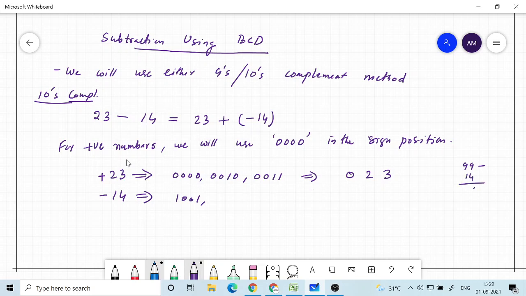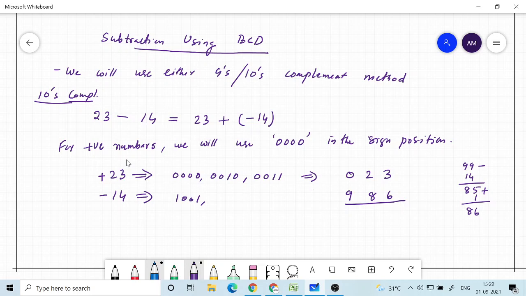So 9 minus 4 is 5, 9 minus 1 is 8, then add 1, so you will have 86. So it will be 9 8 6.